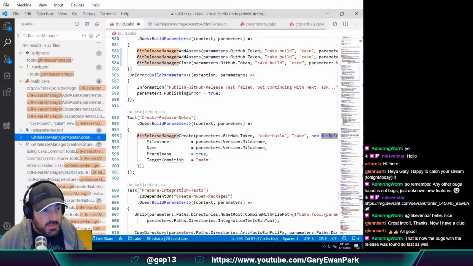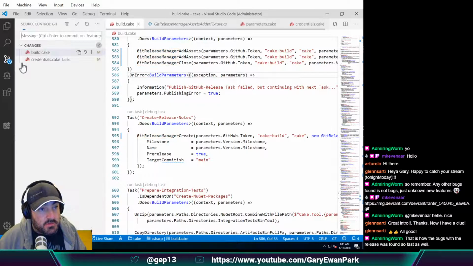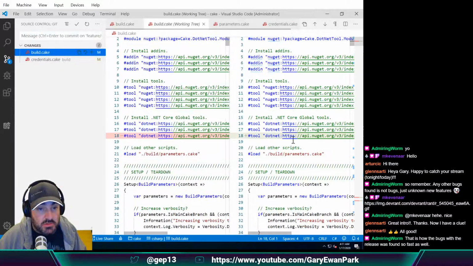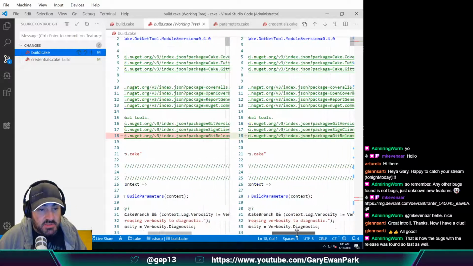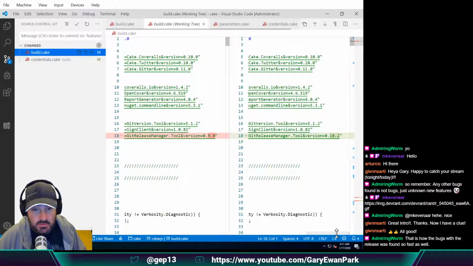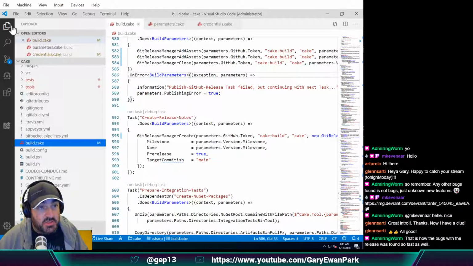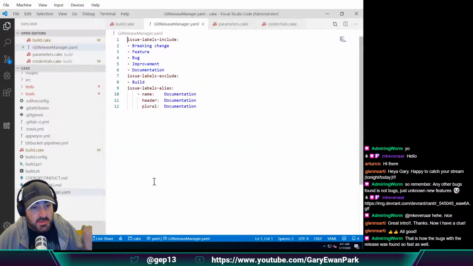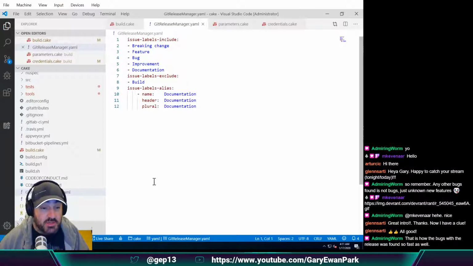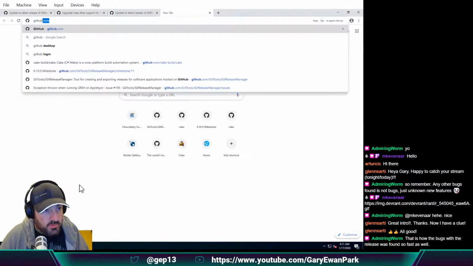I'd already updated the tool where it actually gets installed. Previously we were running 0.9.0, so I've switched it to use 0.10.2. So that part is done. Now the next part is really about configuration. We need to add the additional configuration to the GitReleaseManager YAML file in this project to light up some of those features. So I'm going to be really lazy, and I'm going to go over to